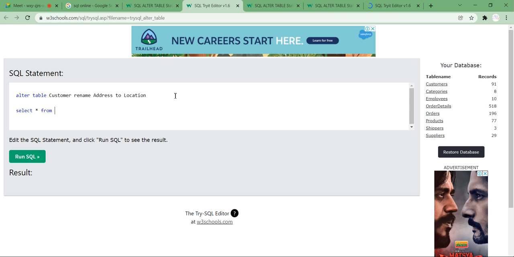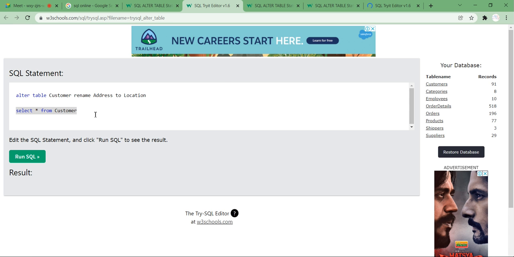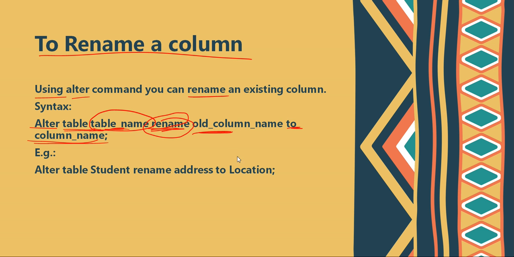It is not working anymore. Okay, let's just remove this. I will change my tool so that it works fine.